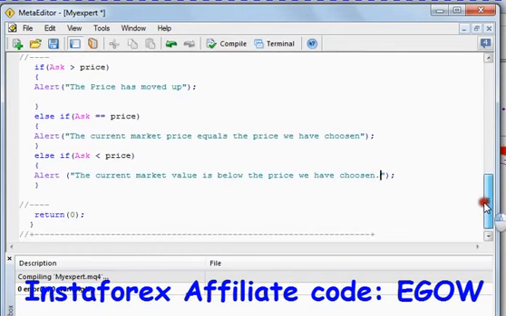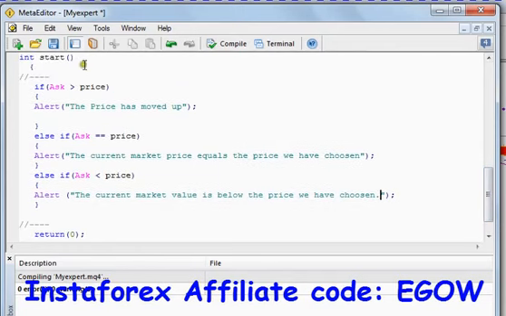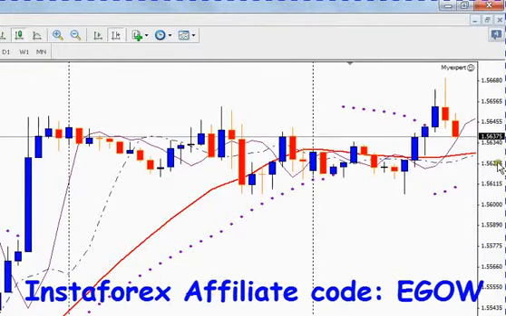Okay, now, you know the start function is executed whenever a new tick arrives. For example, this is 1.56375